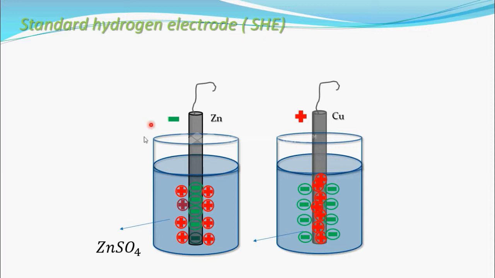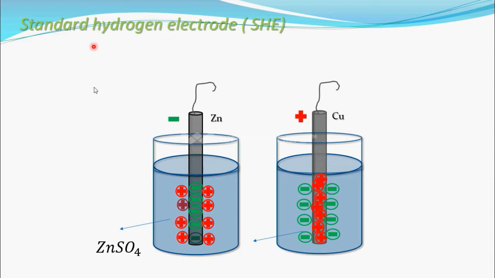Here, we have seen the oxidation half-cell or anode of this Daniell cell. In this, the zinc rod is an electrode. And you have seen this is the reduction half-cell or cathode of the Daniell cell. In this, copper is an electrode. This is the zinc electrode and this is the copper electrode. Like that, one more electrode, that is the hydrogen gas electrode.